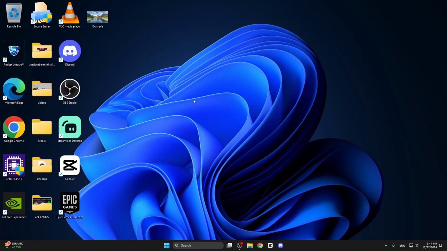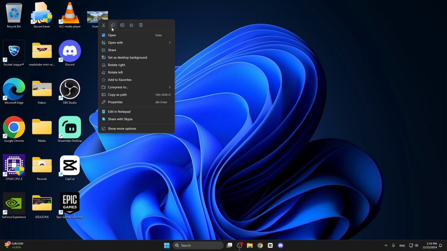Hello guys, in this video I show you how to increase the photo quality for free and quickly in Windows 11, how to light up dark photos for example. Let's go. First, open any picture you want to improve, for example this one, double click or right click, open